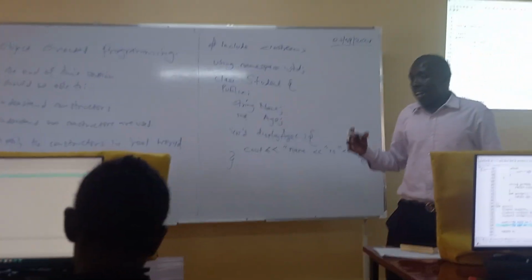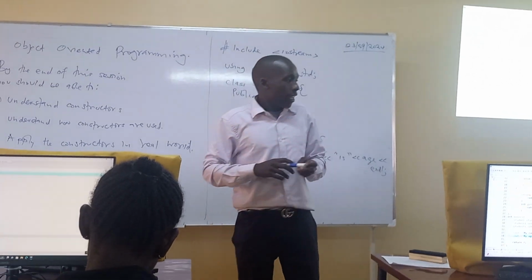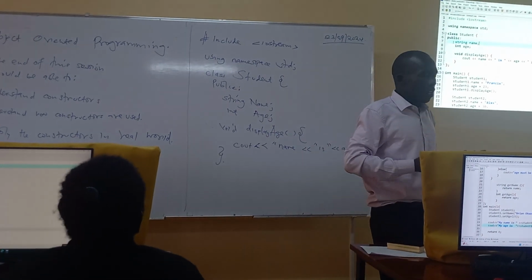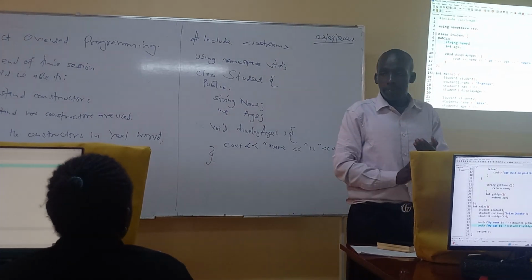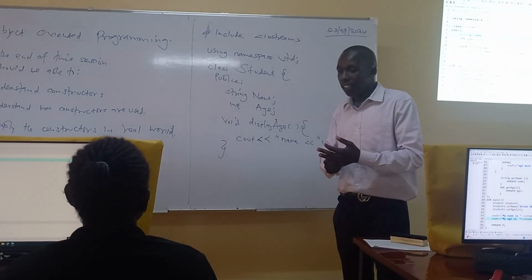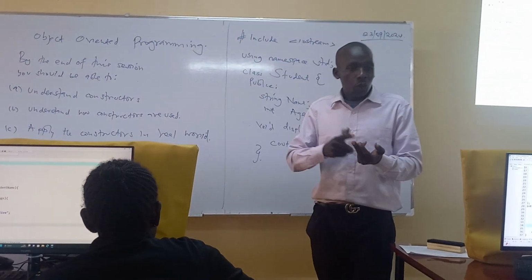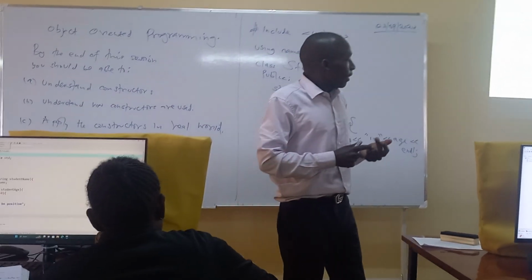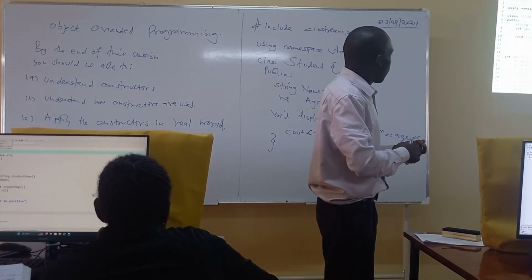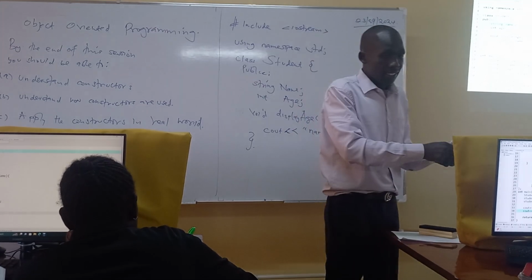Writing a constructor has three rules. Rule number 1, it should be public. Rule number 2, the name of the constructor is exactly like the name of our class,